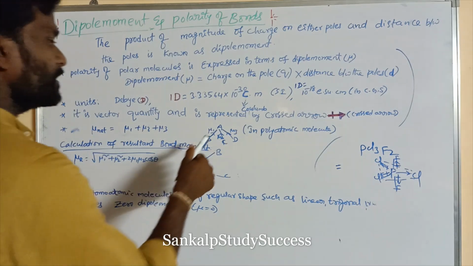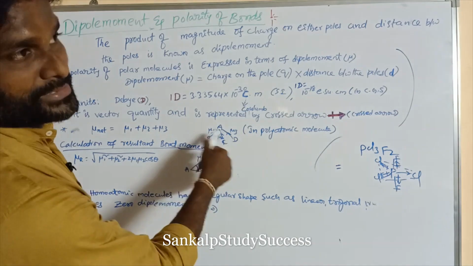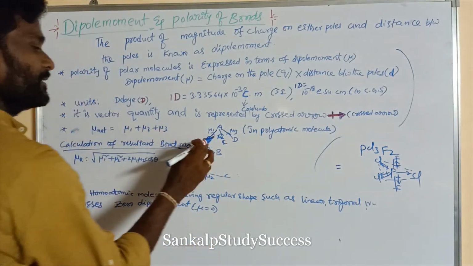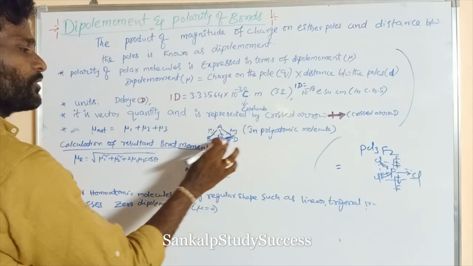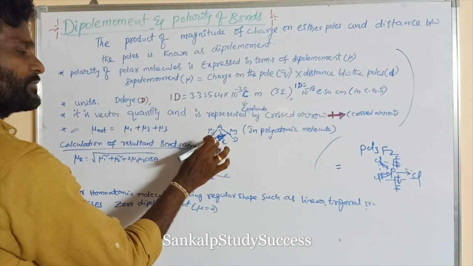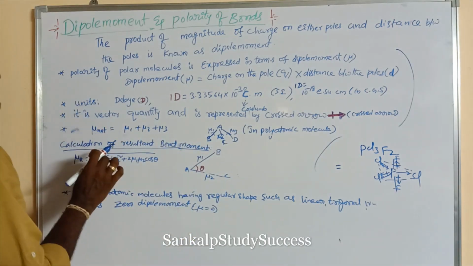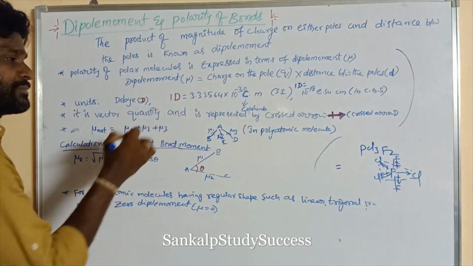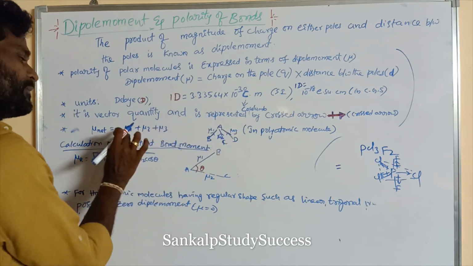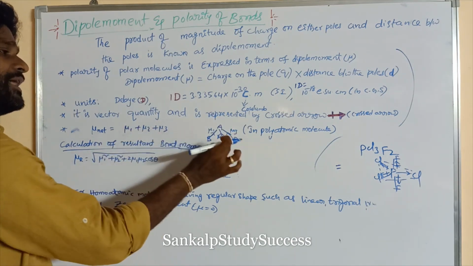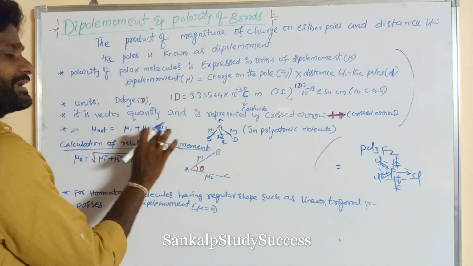Now, this is the molecule. A is the central atom. These are A, B, C, D, the surrounding atoms. So here the bond is shifted towards the A side. The net dipole moment of this polyatomic molecule: its dipole moment is mu1, its dipole moment is mu2, its dipole moment is mu3. The net dipole moment mu net is equal to the vector sum. The dipole moment of the A-B bond can be taken as mu1. All these dipole moments are present in one direction, so all can be taken as plus.